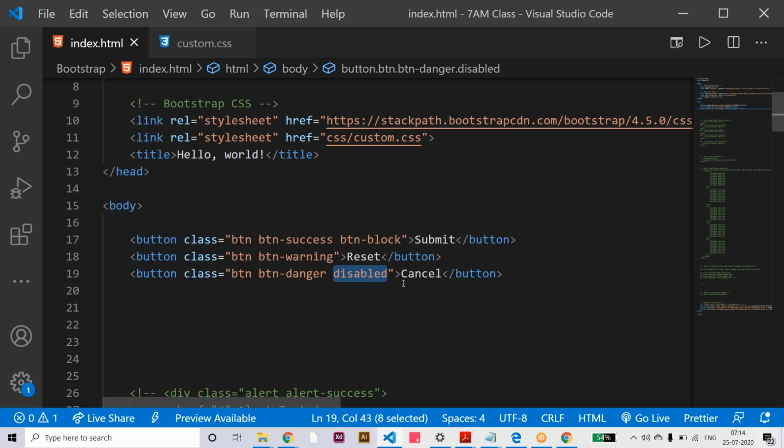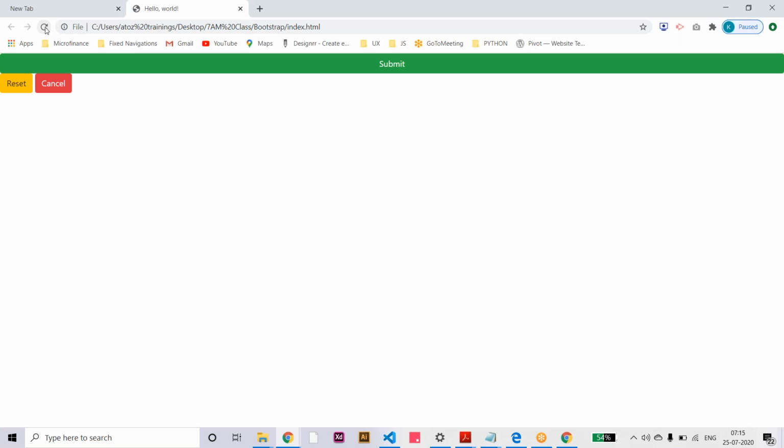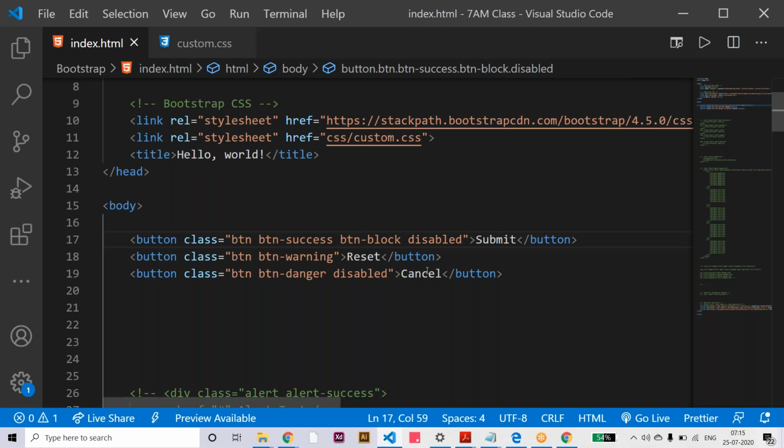Now we can use click on submit and cancel also. So when you use the disable class, okay, the button is disabled. We cannot click here. Only reset is the only option. Okay, the cancel button and the submit button are not working because those buttons are disabled.